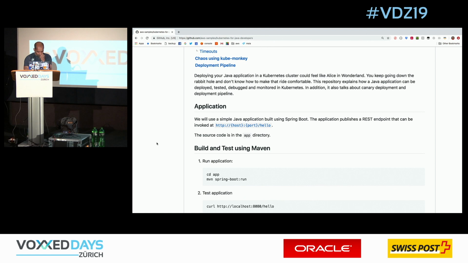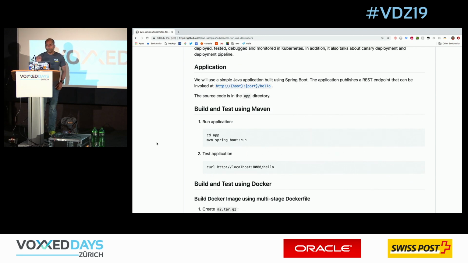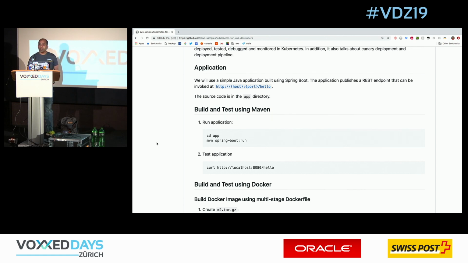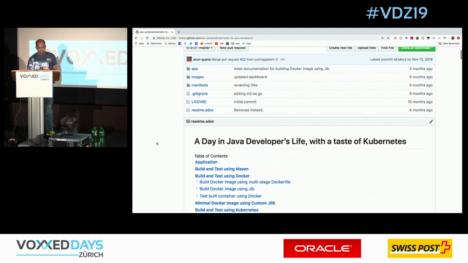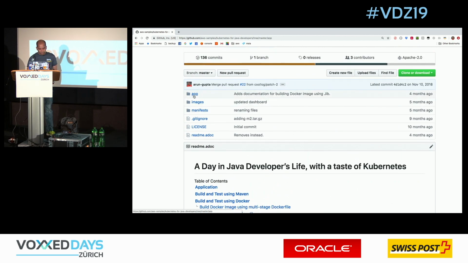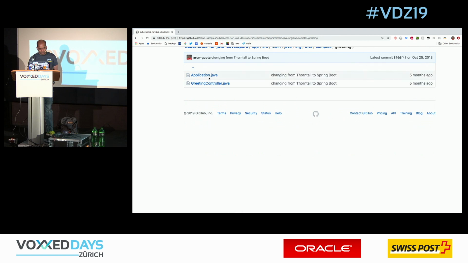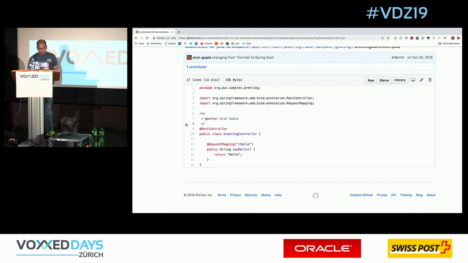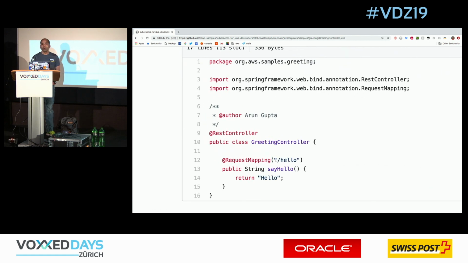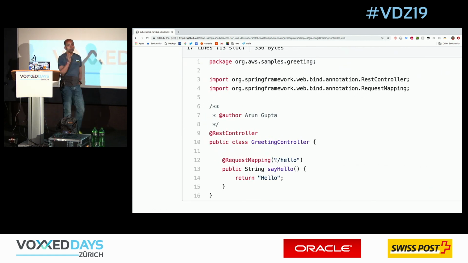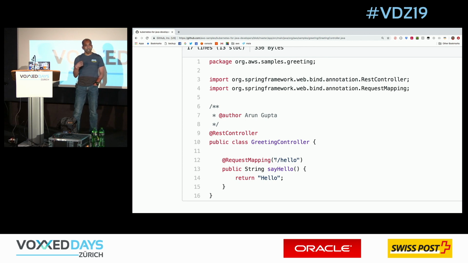Okay. So first thing first, and I'm purely going to drive it through GitHub here and hoping the internet will participate here. So first thing first, I'm going to take a Spring Boot application. Okay, so go here. Here is my app. And in my app, I got source, main, package, etc. I got a simple application controller or greeting controller. It's just a simple REST endpoint. You ping it at /hello. It returns a response back.